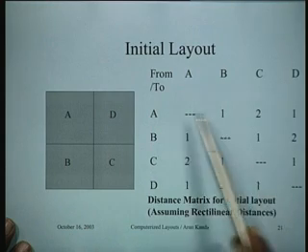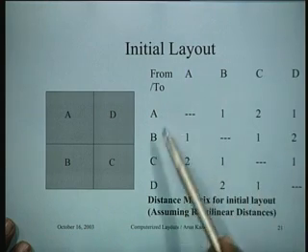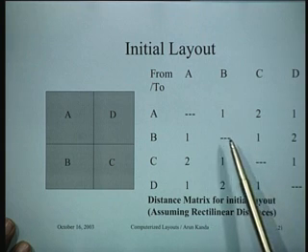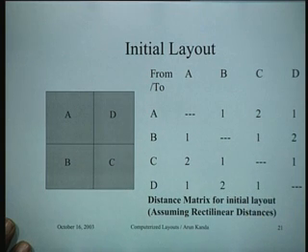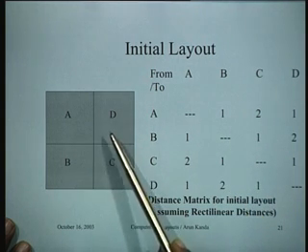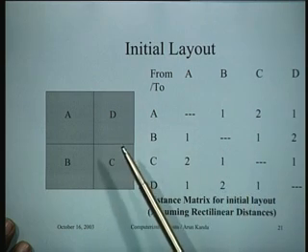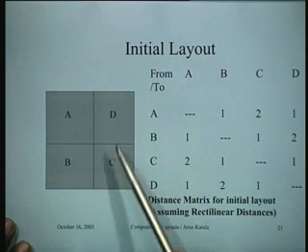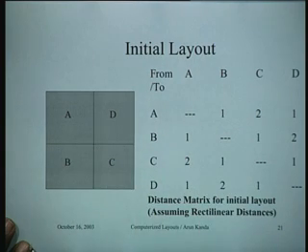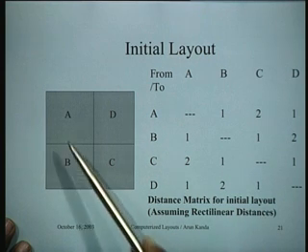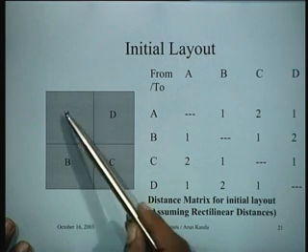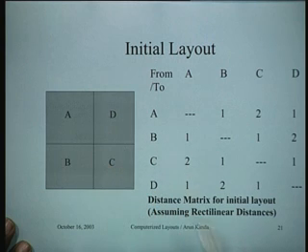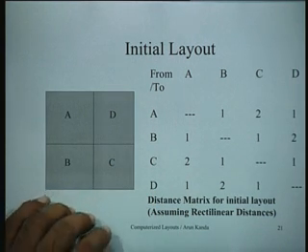So this 4 by 4 matrix is actually nothing but the distance matrix corresponding to this layout. If I change the layout, obviously the distance matrix will change. This is the distance matrix for the initial layout, which is what we are assuming here, A, B, C, D placed here, and we are assuming that rectilinear distances are involved. That means I am going from here to here, not this way, not this way. So I am talking about movement using rectilinear distances. So this is the information pertaining to the initial layout.